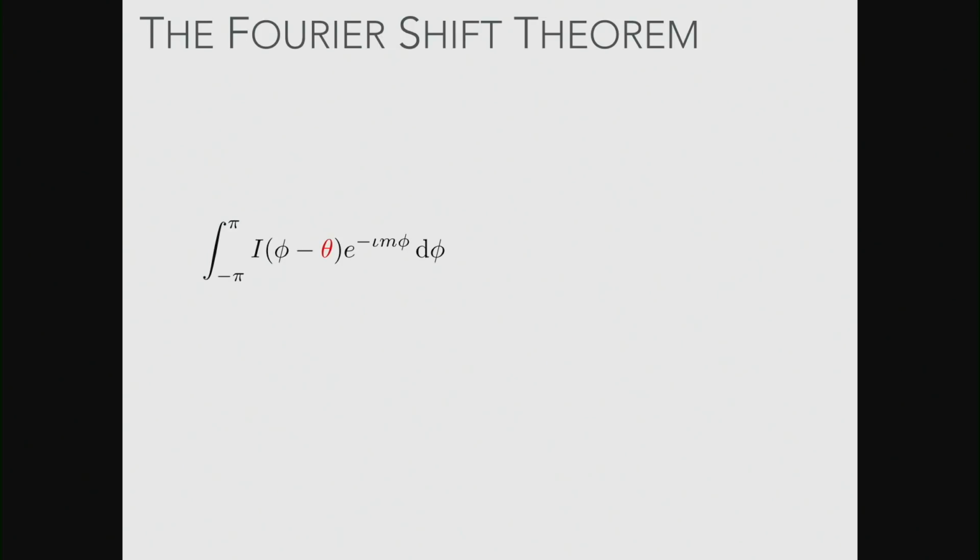So one way to look at continuous transformations is there's a rule called the Fourier shift theorem, and this is really beautiful. This thing is called a Fourier transform, and basically it looks like an inner product between a function, defined on the circle in this particular case, and some other function. So this is my image, and this is some sort of kernel, for instance.